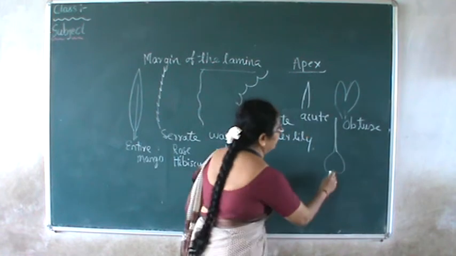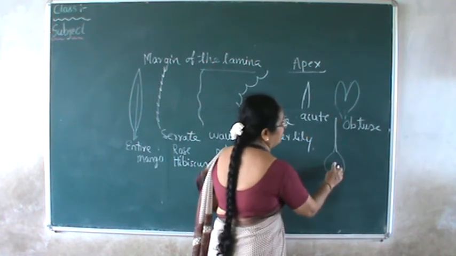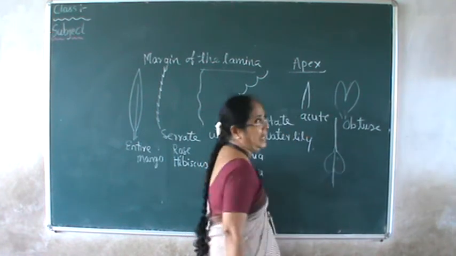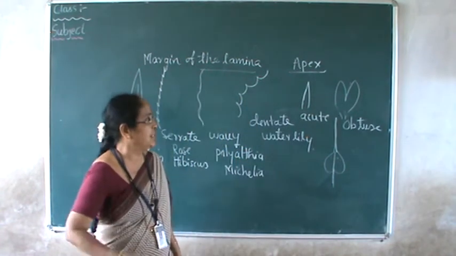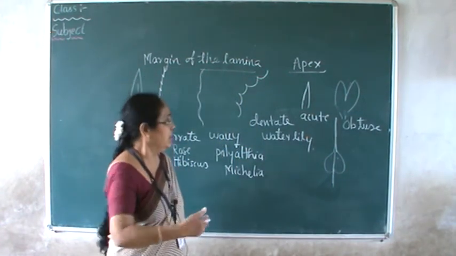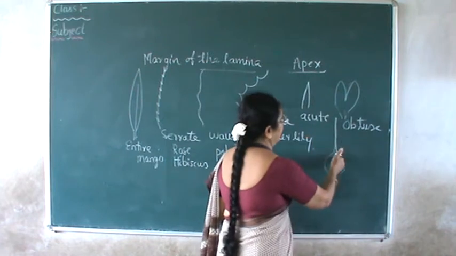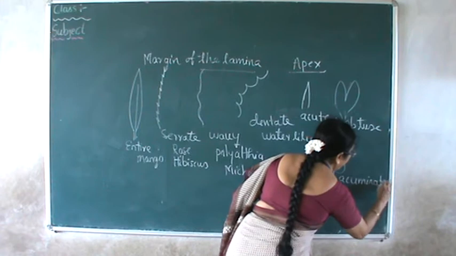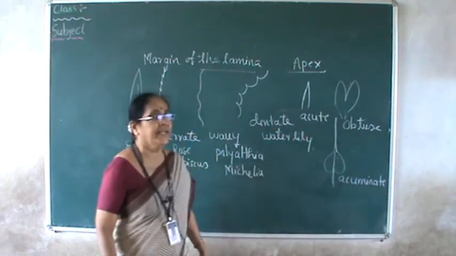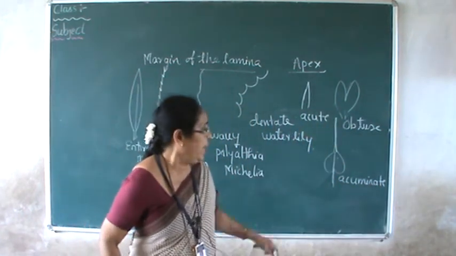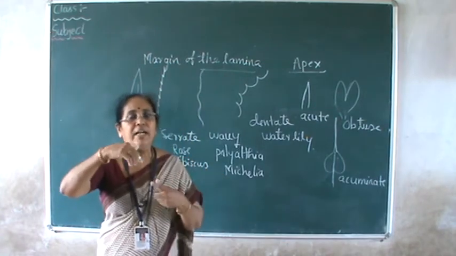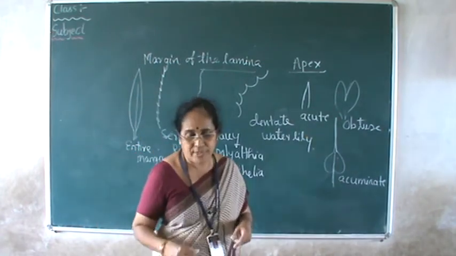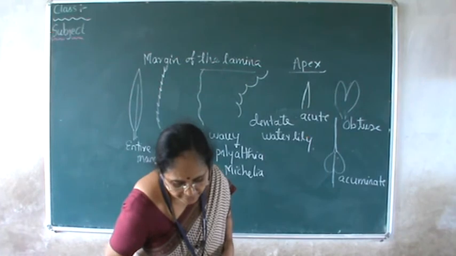All of you might have seen this kind of leaf. This is the case of ashwatha, the pipal leaf. You find the apex of the leaf is sharp, pointed, and very long. It is stretched to some extent, and this is called acuminate. These are all to be explained in the lamina, whether it is acute, obtuse, or acuminate. Cirrhose has a coil structure. The banana leaf is an example of the cirrhose type, and that is to be explained.